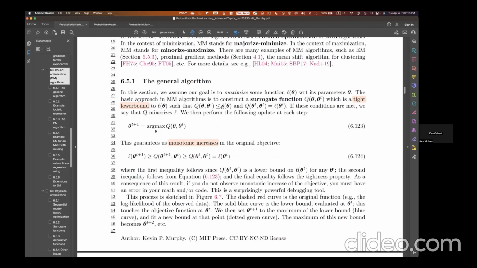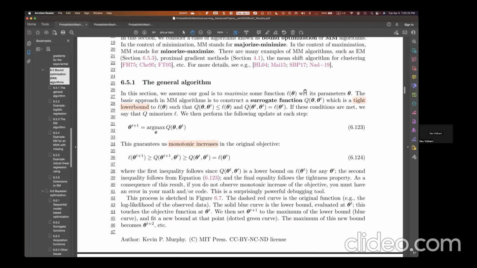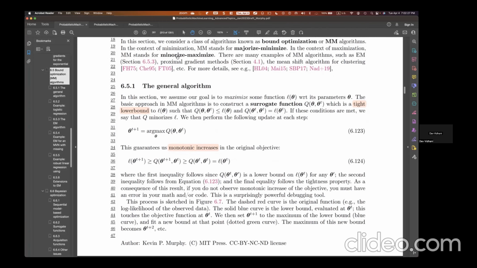So the key idea is that the goal is to maximize some function. Let's focus on the maximize one, which is the minorize maximize example here. So the goal is to maximize some function L(theta) with respect to its parameters. And the basic idea is to come up with a surrogate function Q, which is a tight bound on the function that we are trying to maximize, and the reason it's tight is in the sense that Q of theta,